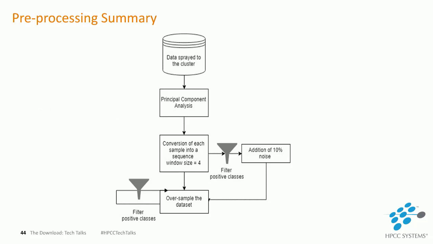Right. So this is just to give you a summary of the pre-processing. You can see that after the principal component analysis has been done, there's reconstruction of the data set. Finally, what I've done is there's also a blind appendation to the data set. The fraudulent cases are repeated some number of times, and later a 10% addition has been done again to ensure that there's no overfitting.